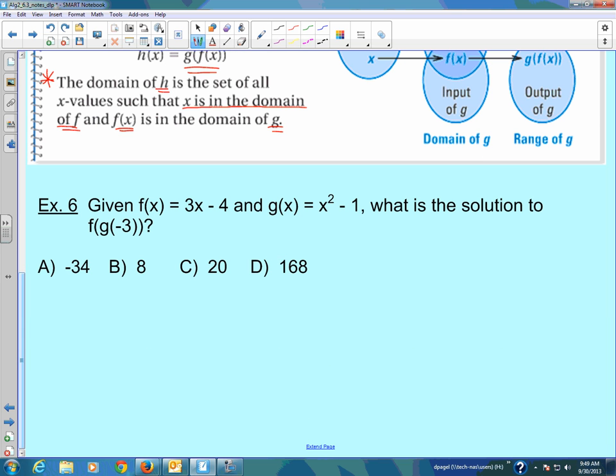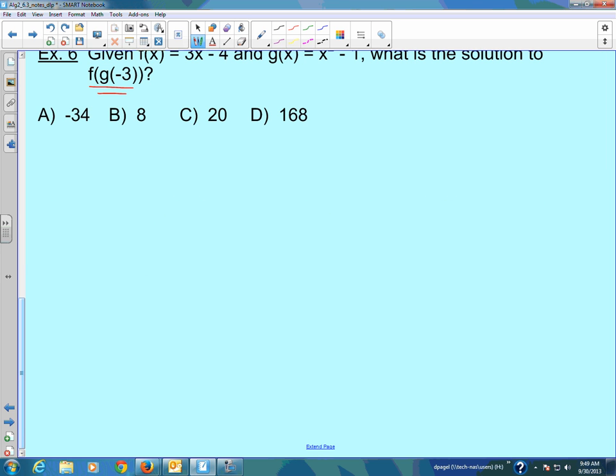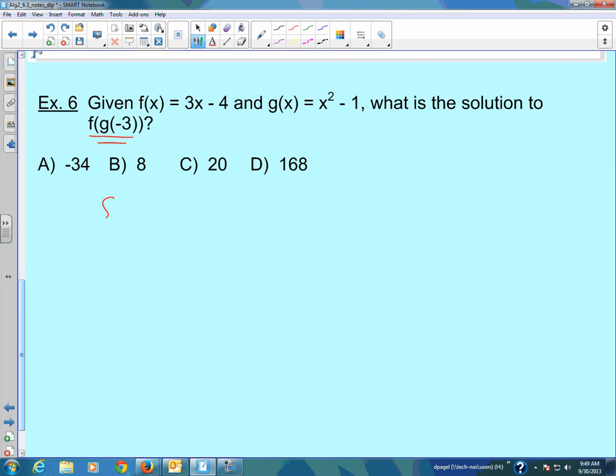Here we just have a good picture of what composition means using integers. So you can see we've got the notation f of g of negative 3, and we have our two functions, f of x equals 3x minus 4, g of x equals x squared minus 1. What's the solution to this? I like to look at composition as like one function eating another one. And if you work from the inside to the out, that's probably a good way of thinking about plugging things in here. So when we say f of g of negative 3,